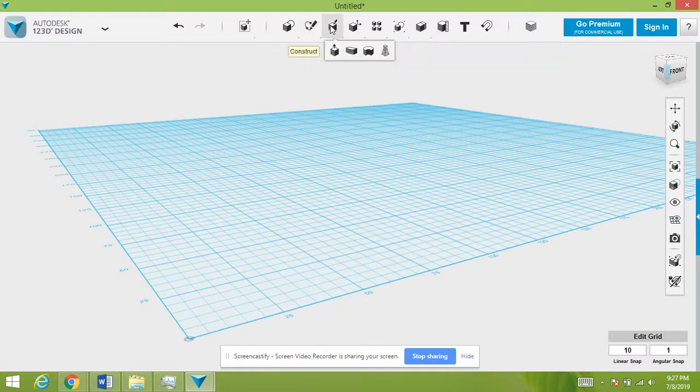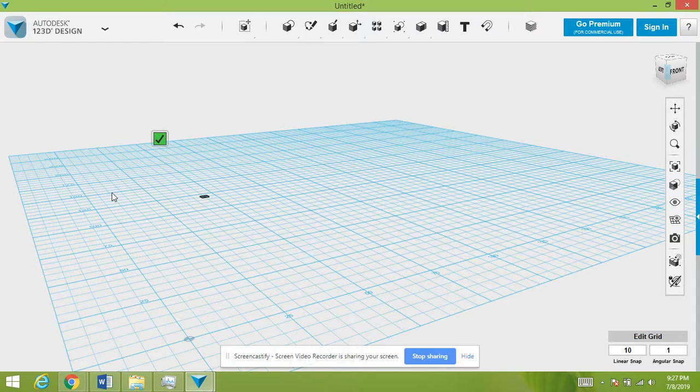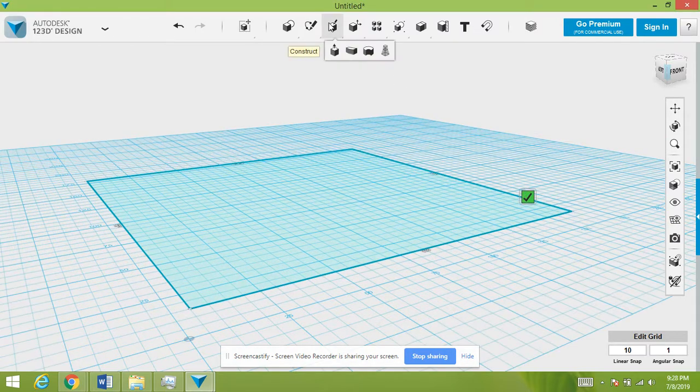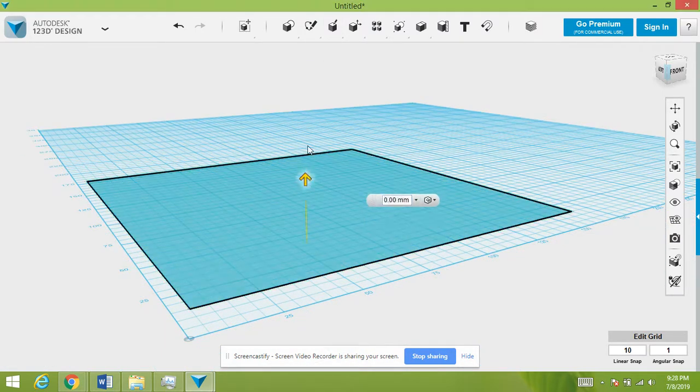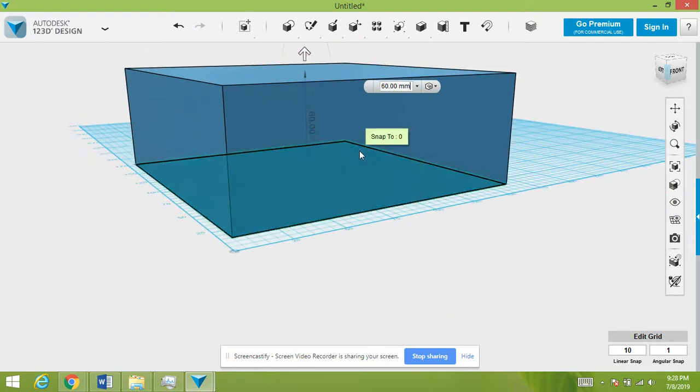One of my favorite tools on 123D Design is the Loft tool. It's very simple, very straightforward, and it can have some really cool effects. To start, I'm just going to make a really big rectangular prism. Make a rectangle, extrude it up,